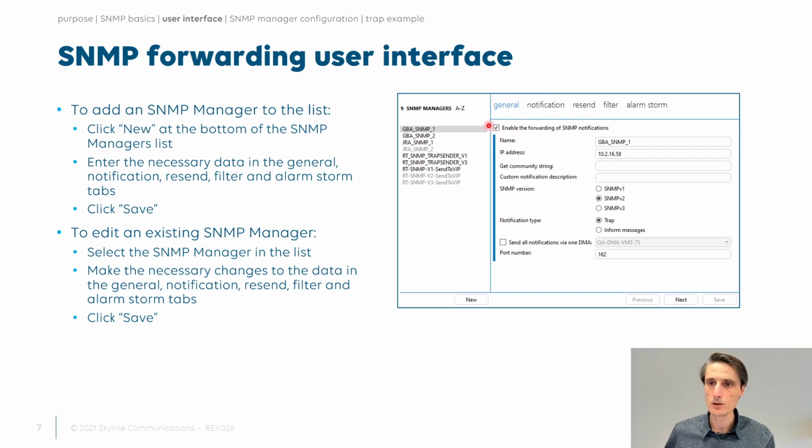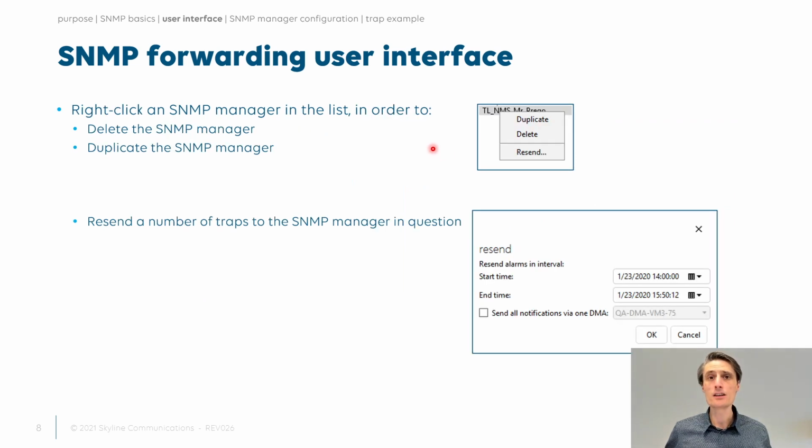Just one thing I want to note there, the enable the forwarding of the SNMP notifications. If you enable or disable it, for instance, you don't need it for a day, you can just disable it. You leave the configuration as it is, but you just pause it, you could say, for a certain period of time. And that's also indicated in the list. The ones that are in the gray font are basically the ones that are disabled at this point in time. Okay, using the right-click menu on any of those SNMP destinations, you can easily duplicate one and of course